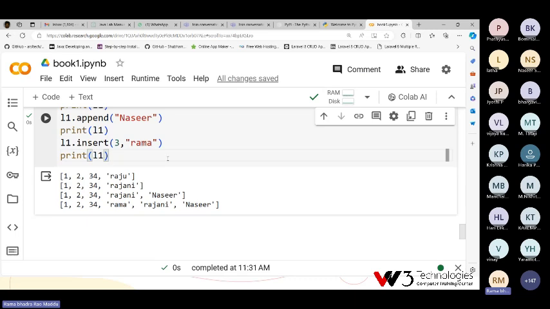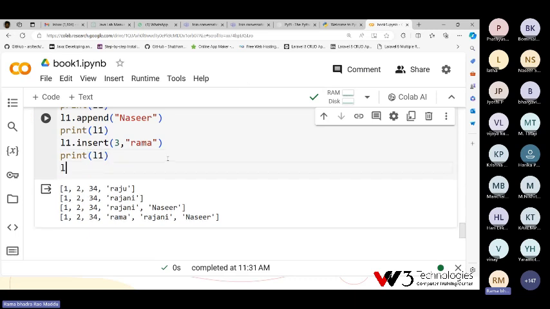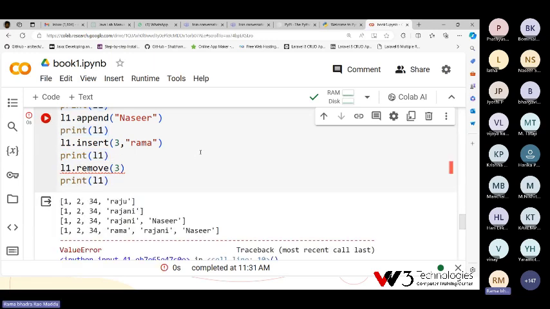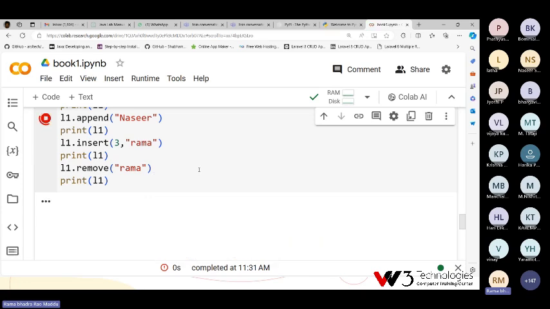If I want to remove the value in the third position, L1 dot remove. After removing, I am printing again. I want to remove the data in the third position, 0, 1, third position, Rama. I want to remove this Rama.